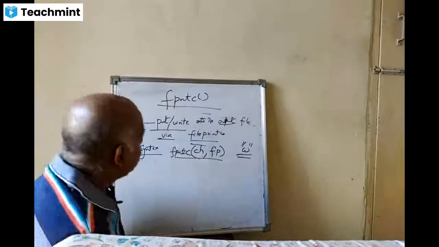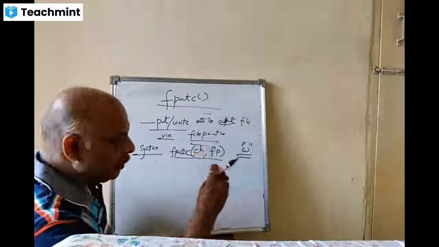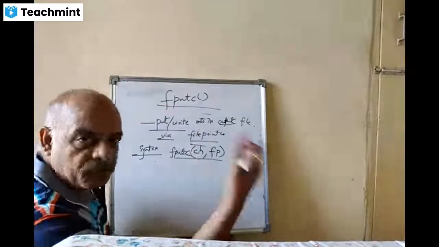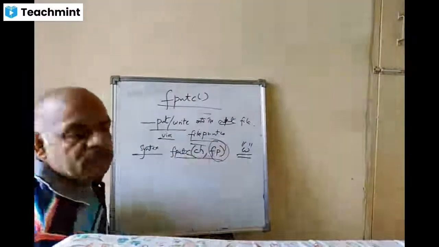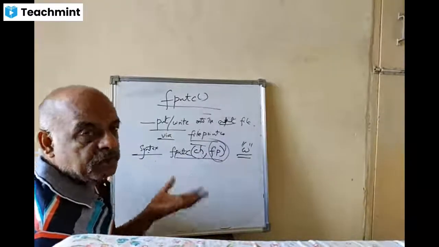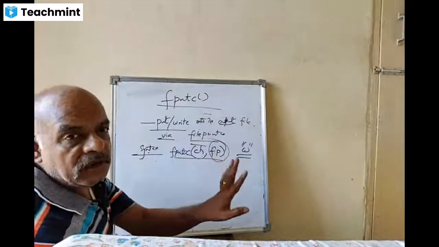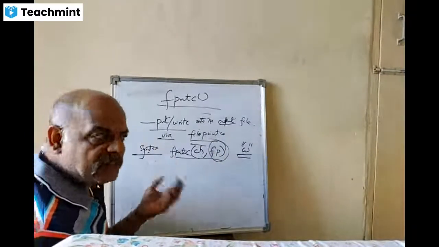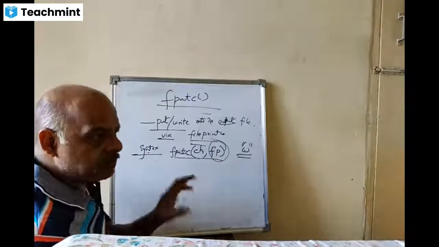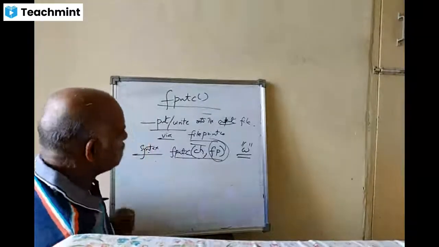So fputc will write a character onto the output file, where get or read is replaced by put or write onto the output file pointed to by the file pointer. You have to understand this. fgetc is to read a character from the input file pointed to by the file pointer. fputc is to write a character onto the output file through the file pointer. fgetc requires the file to be opened in read mode. For fputc to happen, the file must be opened in write mode. These are the things you have to understand. Okay, that's it.